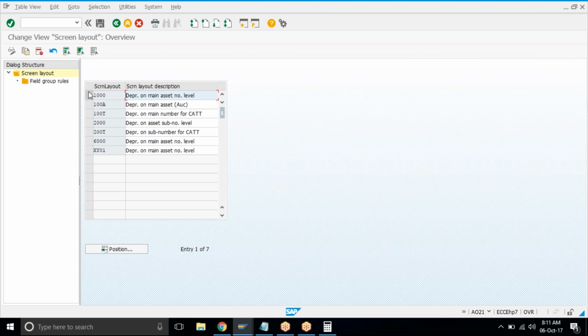Here we have two screen layouts which we majorly use, one is 1000, that is the main asset number level, and the other one is 2000, that is the sub asset number level. When you say sub asset number level, what does that mean? When you subclass the asset, then the sub asset is going to come, and the main asset number will come when you are not subclassing. Anyway, maybe later on we have to create sub assets under the asset. So instead of using the main asset number level, it is better to use the sub asset number level. So do one thing, select 2000,